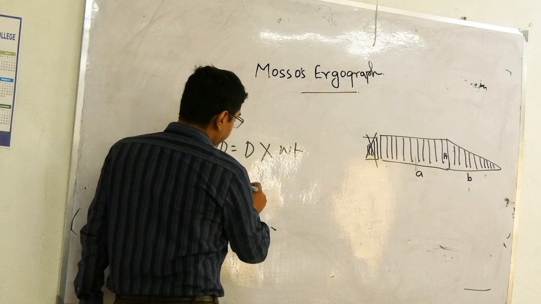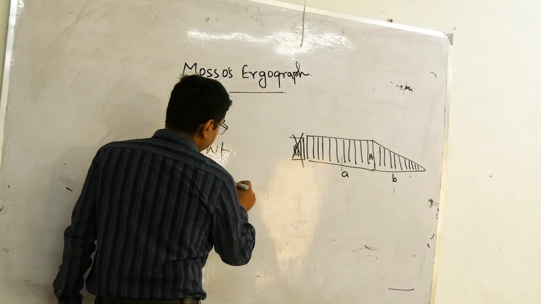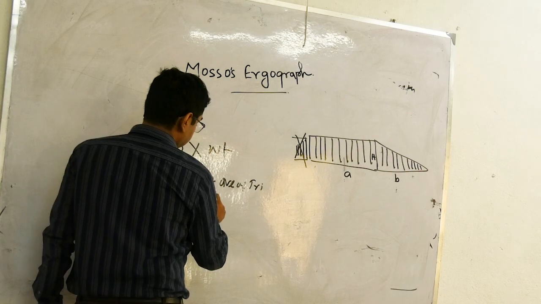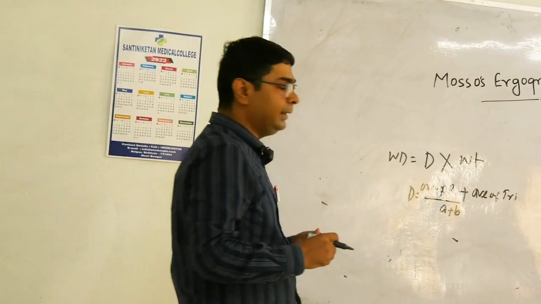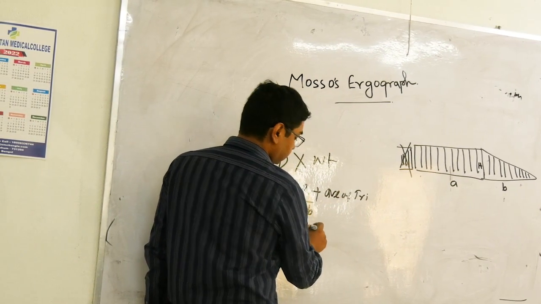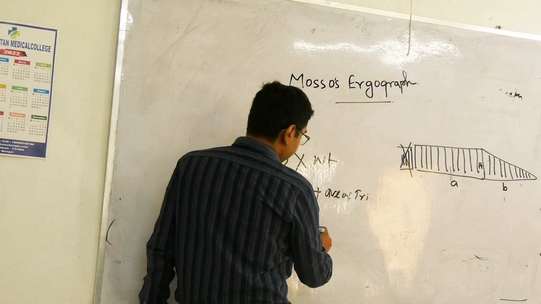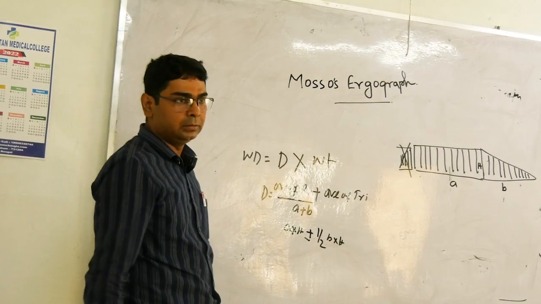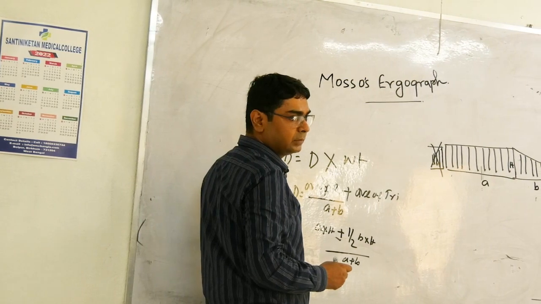D equal to, যদি ভাঙি, D equal to হচ্ছে area of rectangle plus area of triangle divided by length. তাহলে area of rectangle হবে a into h। কোনো কনফিউশন নেই তো? Area of triangle হাফ into b into h, প্লাস লেন্থ a plus b, মেজার করা যাবে তো, a plus b in centimeters into